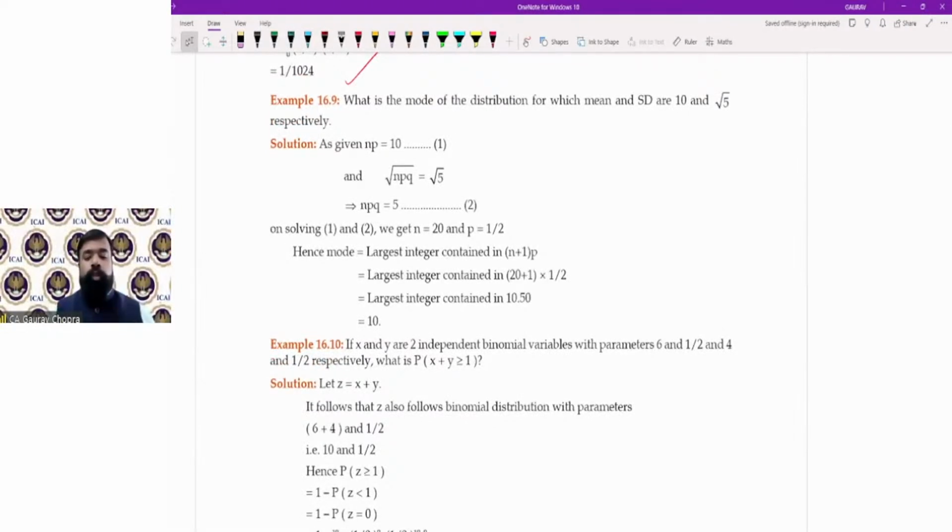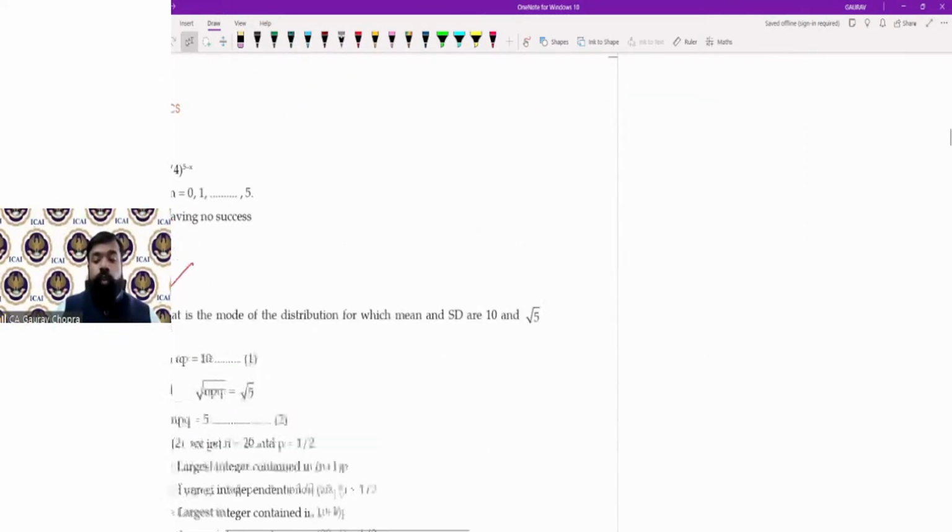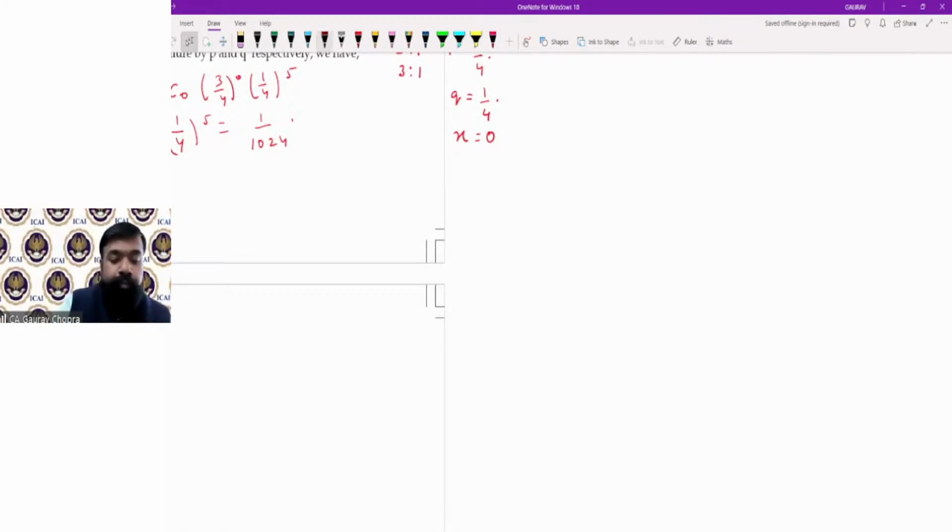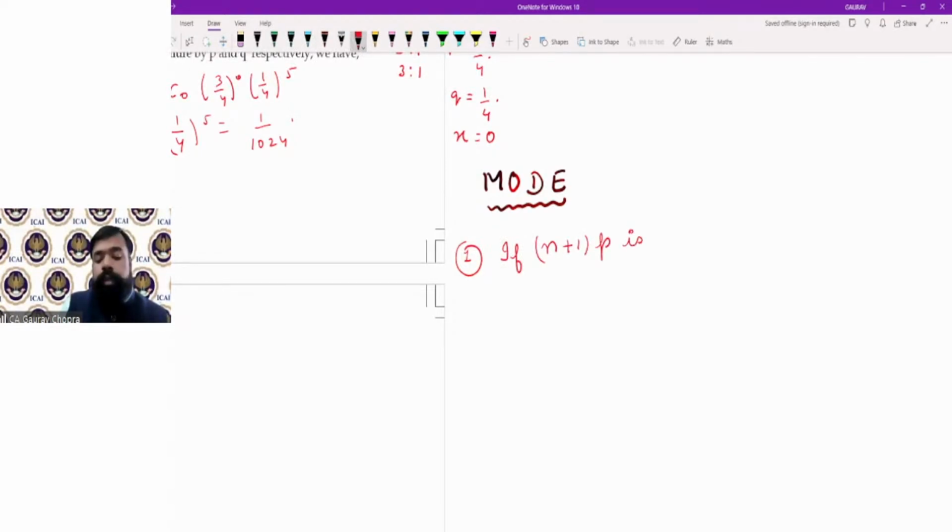What is the mode of distribution for which mean is 10 and standard deviation is root 5? So this is the calculation of mode. How do we calculate mode? Let us write the formula for calculation of mode in binomial distribution. The first point says if n plus 1 into p is a whole number